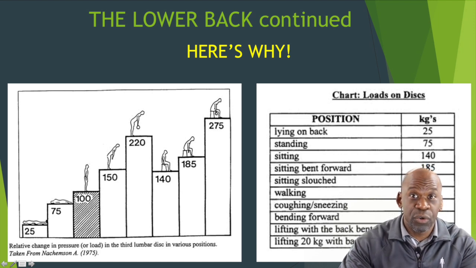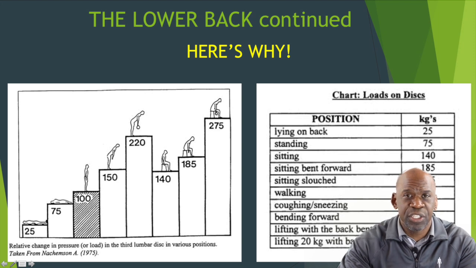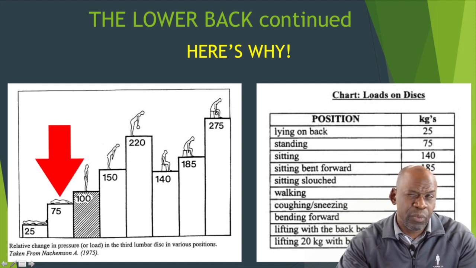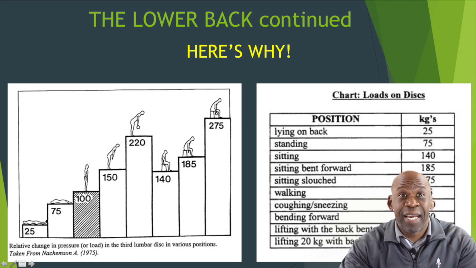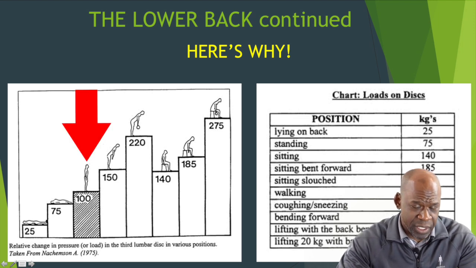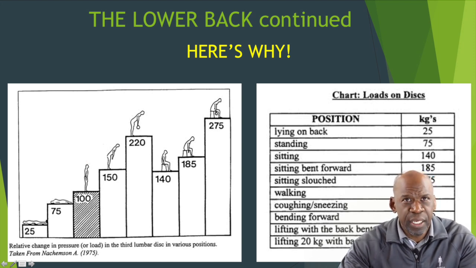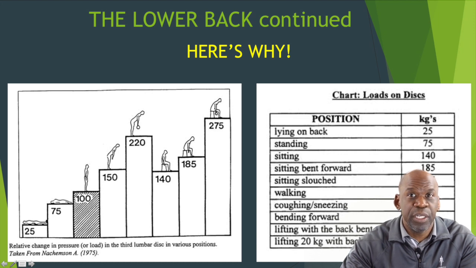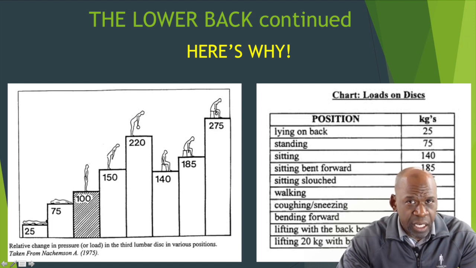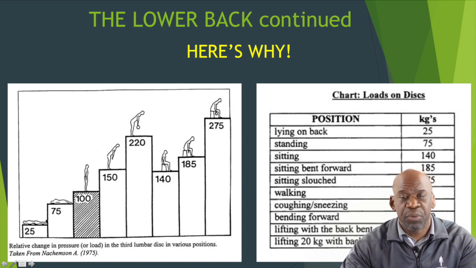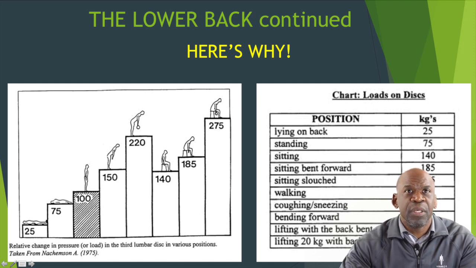Just by turning onto your side, in the side-lying position, the amount of force seen by the lumbar vertebra is tripled. It goes up to 75 pounds of force. Once you are standing in an upright position, that goes up to 100, which is 4 times what is seen at that vertebral disc when you are lying on your back. As soon as you start to lean forward, that increases to 150 pounds of force. And if you are lifting an object of approximately 20 kilograms or 40 pounds, then that force goes up even higher.